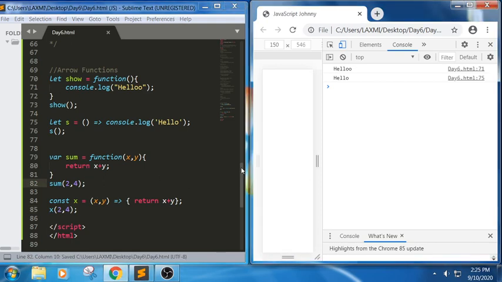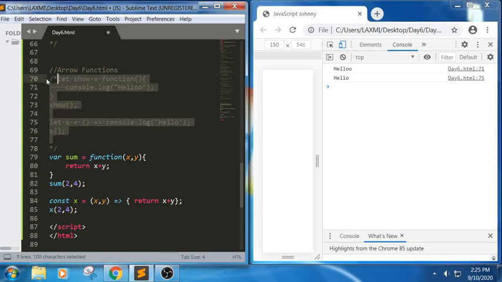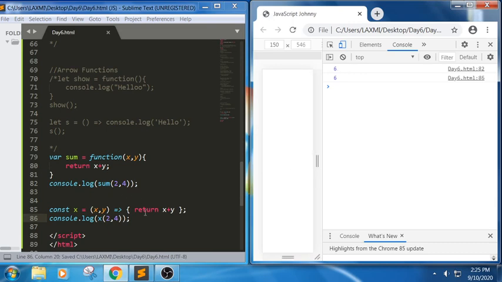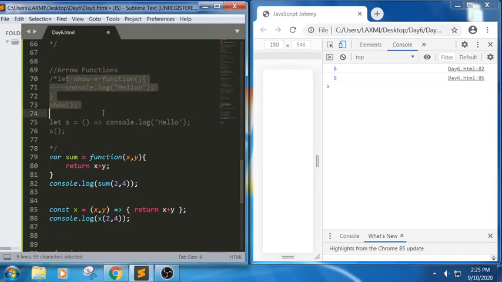Let me put this in the comments, Control Shift Tab, and in this we are trying to call. Both have a return statement, so we are unable to display the output. We use console.log to call it, again using console.log. We got 6 and 6. So this is how we have done it with a simple function, differentiating how we used to write a function earlier and the same thing using an arrow function.